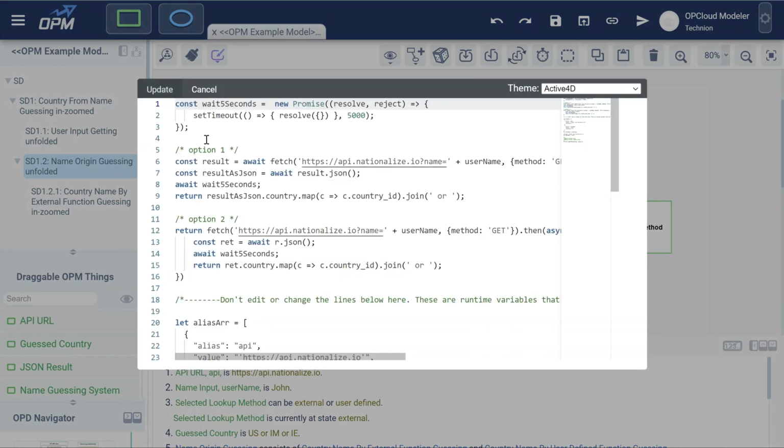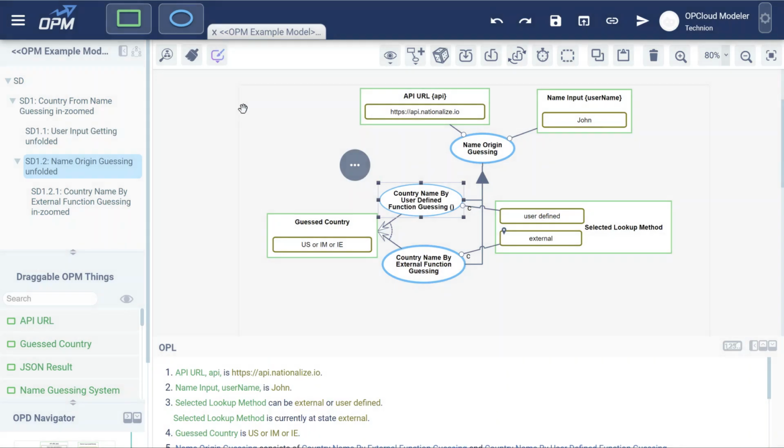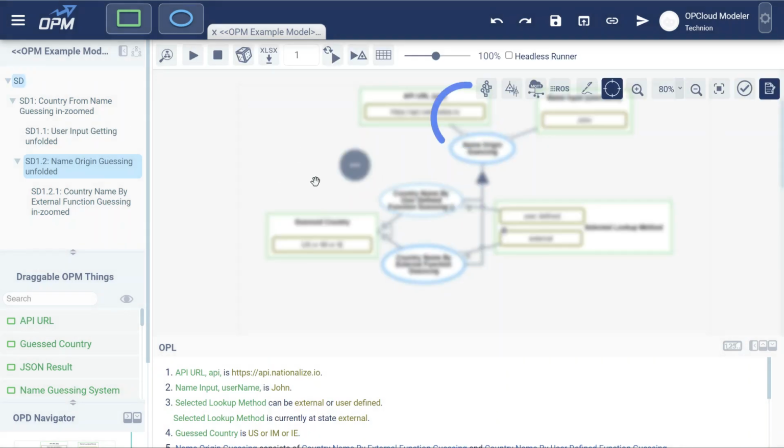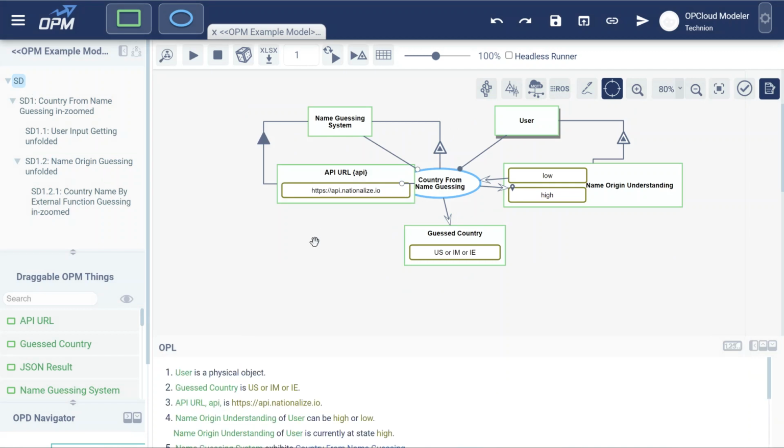Again, this is the same call, but remember, instead of doing that kind of call, you can use the external method and just call the API like you want. But in that kind of call, you have more power, so you can do things together instead of modeling another result and other processes. I do hope that you enjoyed this session of advanced use of OPCloud, and